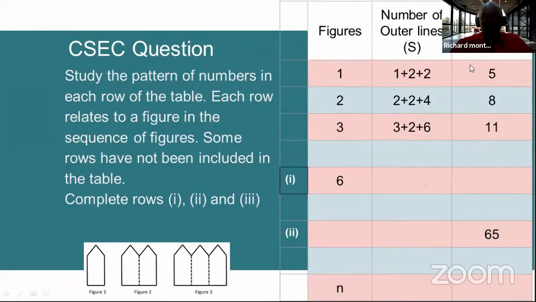All right, so while we're working, I'm going to bring the others with us because I'm holding your hands. I'm not letting you go. All right, so I'm right there with you. So on figure 1, we're seeing the number on the outer lines. We're seeing 1 plus 2 plus 2. So I'm wondering, where's that 1 coming from? Let's go to figure 2. So I'm seeing figure 2. It is numbers on the outer line. It is 2 plus 2